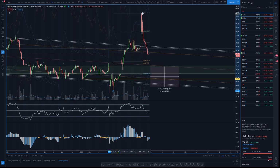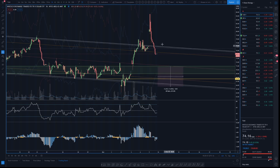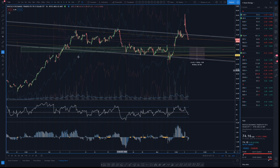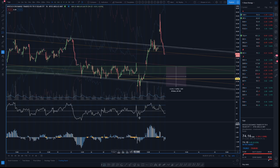So for example, if we get some bounce right here, the RSI will cool a bit, and then we'll have to adjust tomorrow during the day if you decide to take this trade. But as of right now, this is the zone of interest. I like it because we're nearing the shelf of support where all this price action was put in before, major pivots. We'd also be bottom fishing essentially the median line of the channel down to the channel trend line, the support trend line as well. So for the daily higher low play, I like something like this in hourly oversold conditions, but the play that's likely to play out